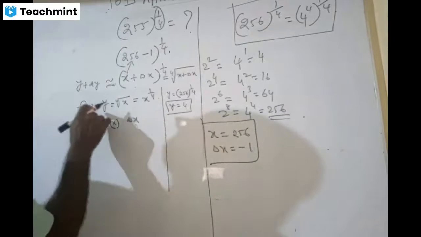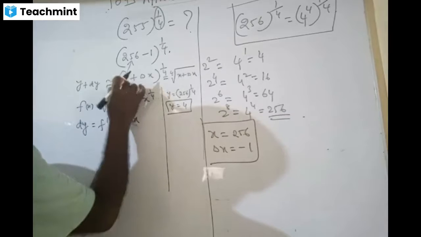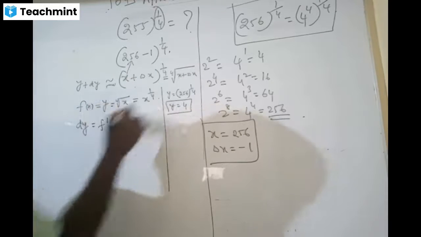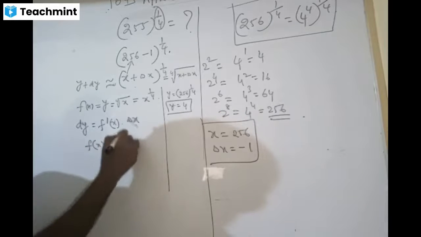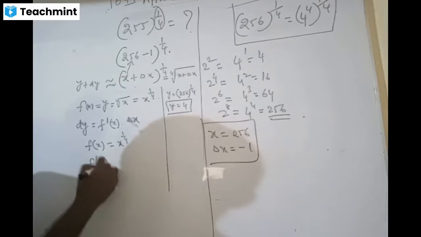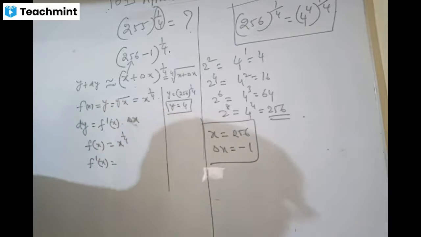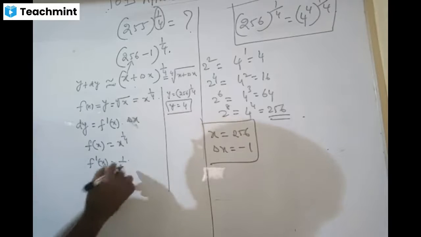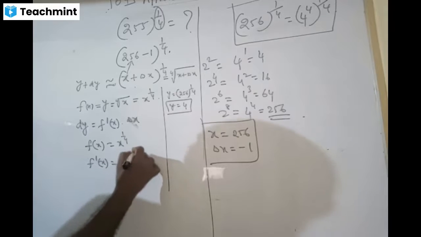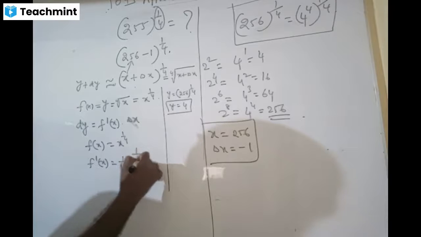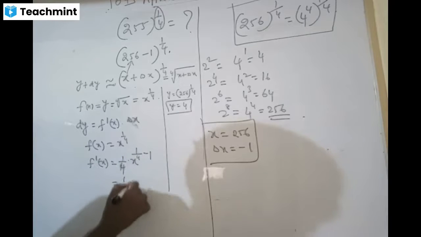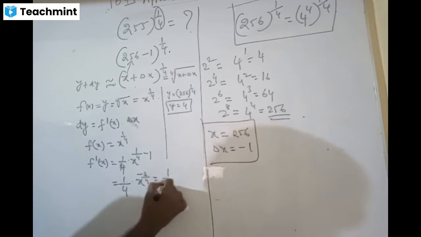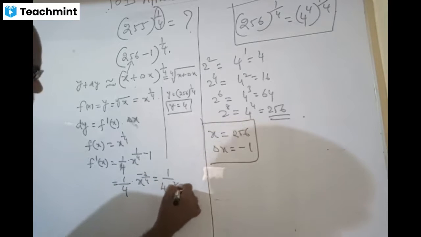Now also you model your y. Y is the fourth root of x. If you remove the root, you get x power 1 by 4. So f of x is x power 1 by 4. What will be f dash x, my dears? Come on, tell me. 1 by 4 into x power 1 by 4 minus 1. That's called 1 by 4 x power minus 3 by 4, that is 1 by 4 into x power 3 by 4 in the denominator.